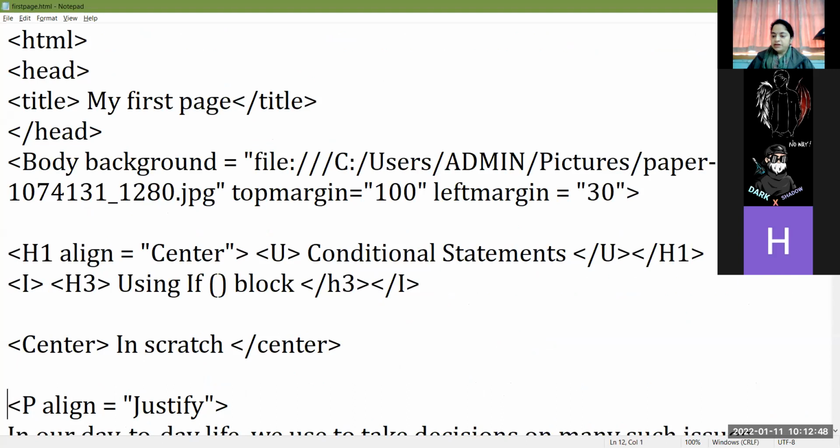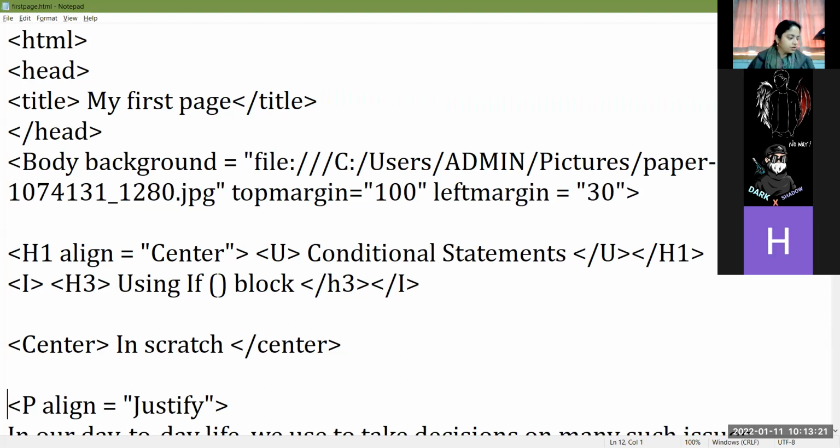Ma'am, bold tag, italic, underline, center, paragraph, and heading tag. Okay, all the tags that we learned today are container tags. Empty tags, which do not need any closing tag, we will learn tomorrow in the next class. HR and BR tags. The BR tag you had already used to give the line break. That is also an empty tag. Next we will learn the HR tag, the horizontal rule tag.